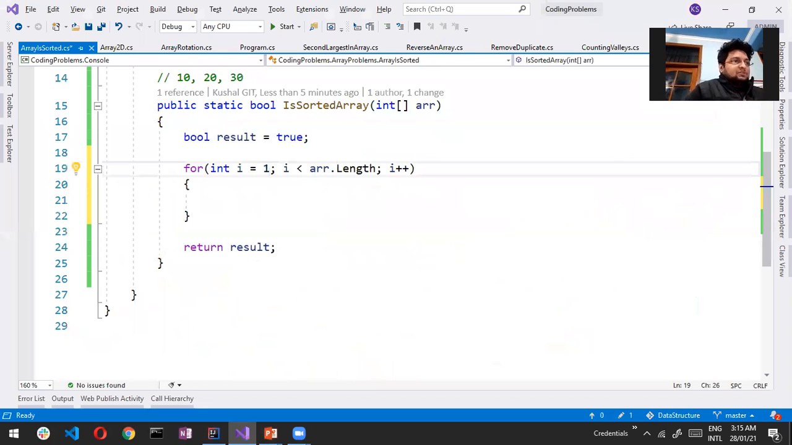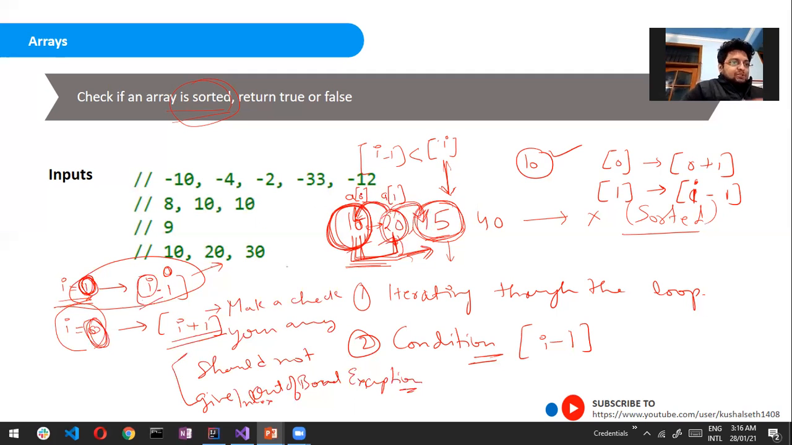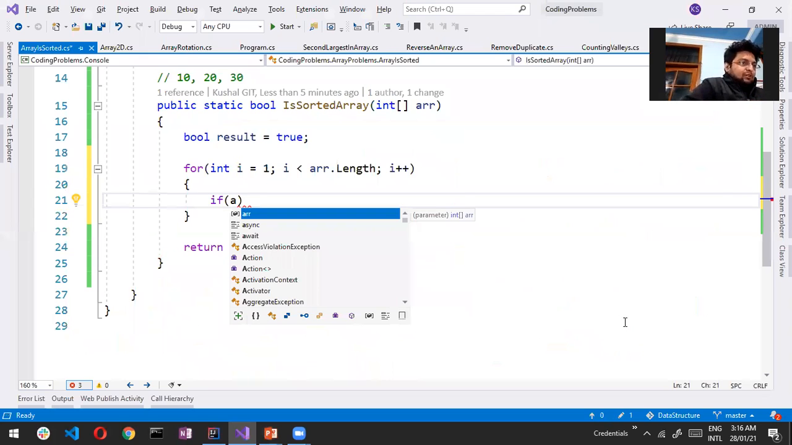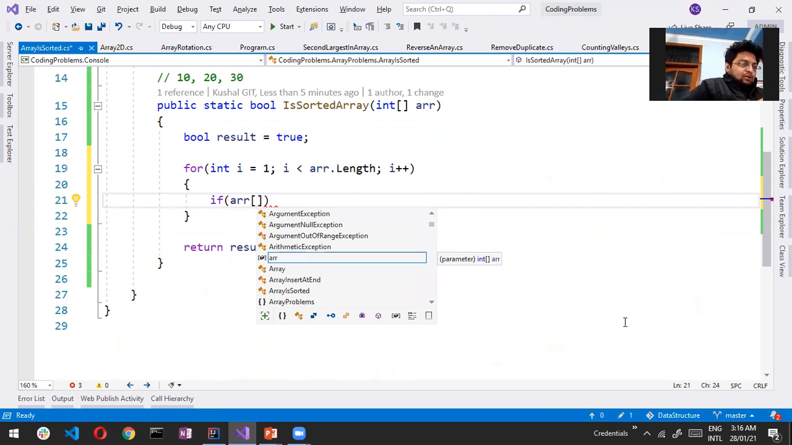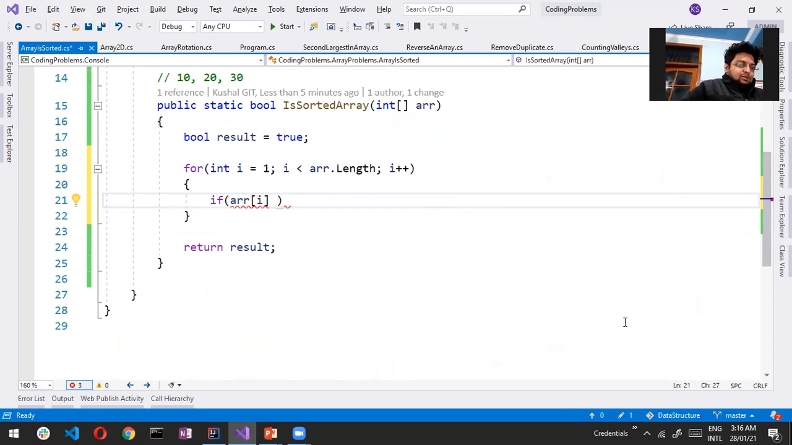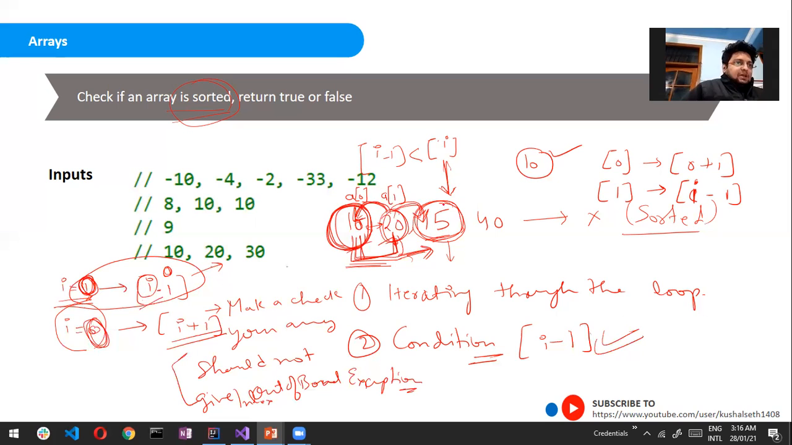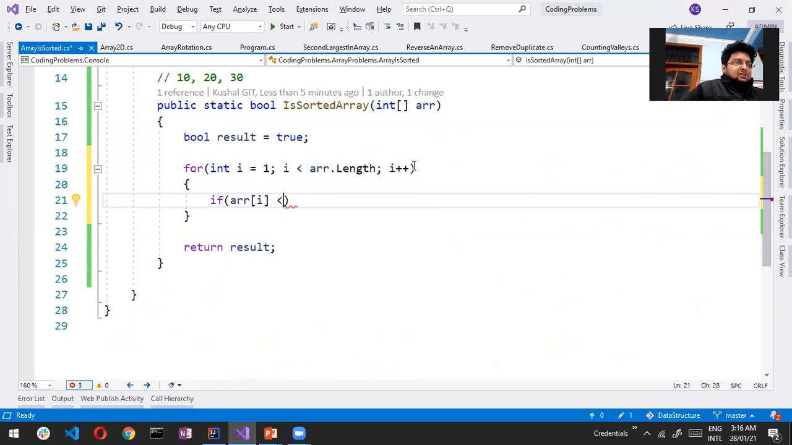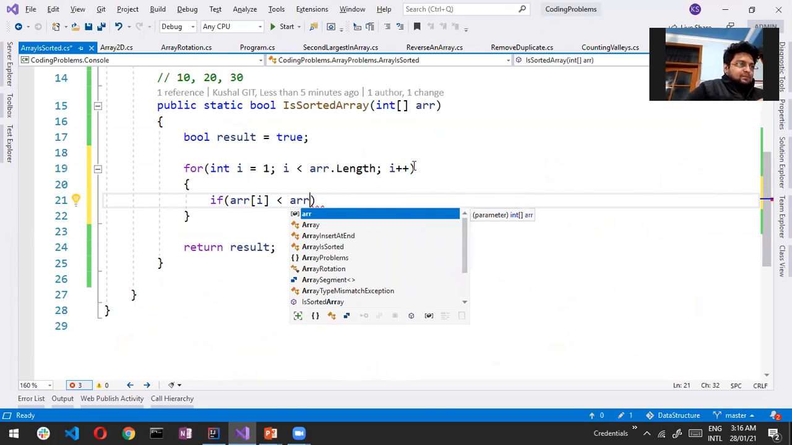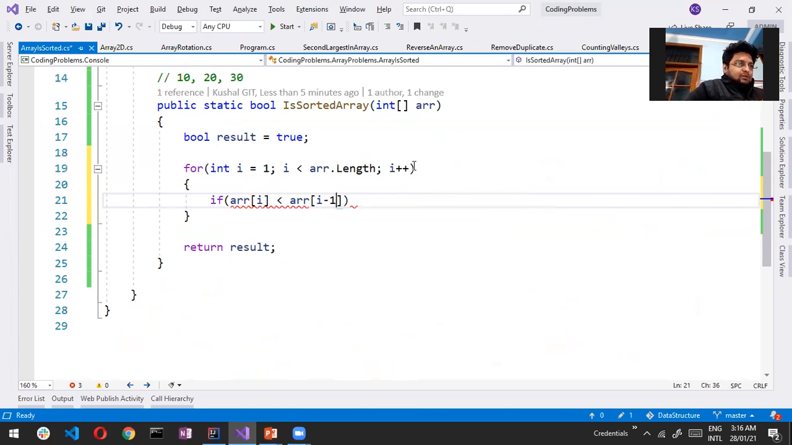I will just start with 1. See, here I have written my result is by default true, meaning it is sorted. But let me put this condition: if my array of i is less than array of i minus 1,